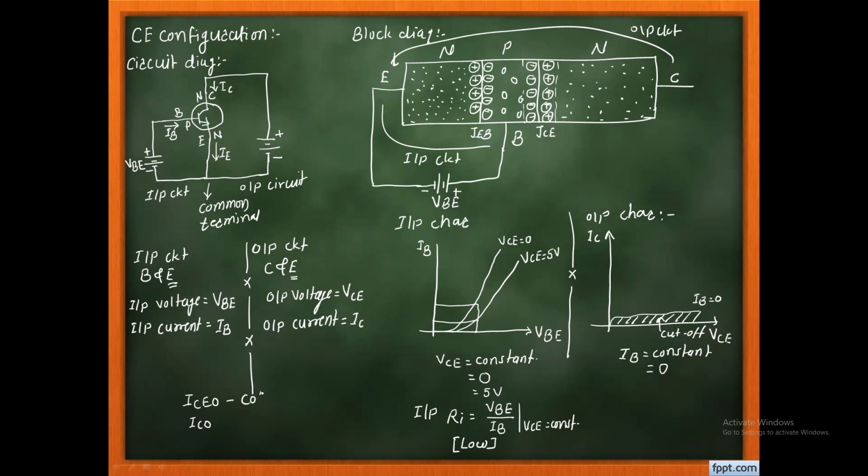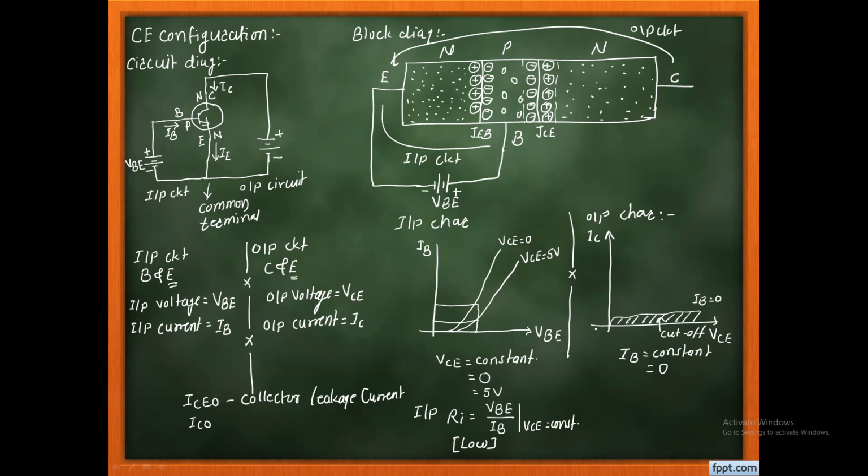I say collector leakage current. As we know the base current is 0, meaning the base terminal is just like open, but collector to emitter is closed, and due to this the collector to base junction acts in reverse bias. It means the current that flows we call a leakage current, and it is almost constant. It is called the current between collector and emitter when the base terminal is open. O stands for open. That is called the collector leakage current.